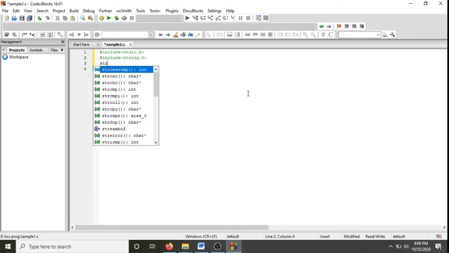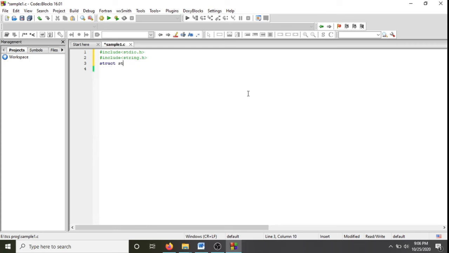First I am going to create a structure with the name student, and then the variables I am going to declare: the name of the student, and then the age of the student, which is of integer data type, and then the mark details of a student.